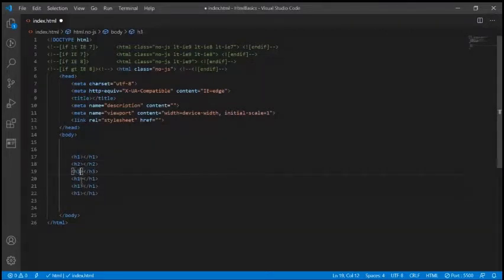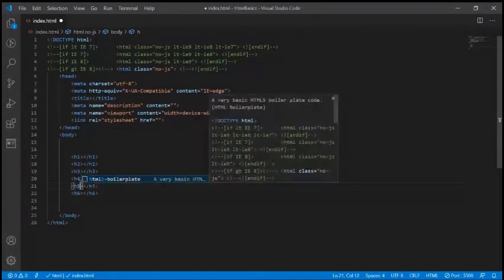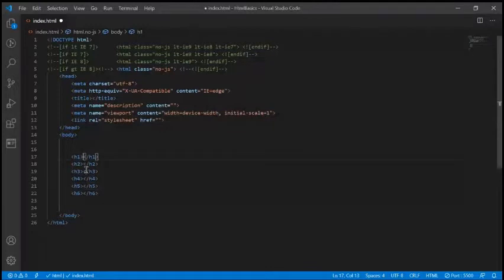So we're going to remove it. 6 and 5. As you could see,